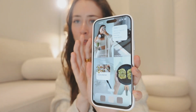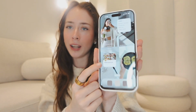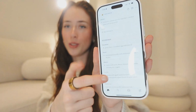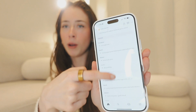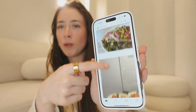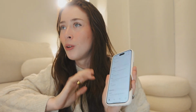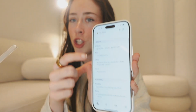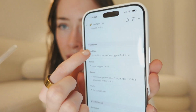It's super cute. It really goes with the theme. So I have a meal planner template in Notion, and if I press it, it just goes right into it. So here I plan literally all of my meals, and you can also do a grocery list. You have some inspo pictures for food. I like to plan every single thing in my life, and I feel like especially planning my meals really helps. Having to cook every single meal for yourself can be really overwhelming, and especially making sure they're all really healthy. But if I'm ever unsure of what I'm gonna eat, I just go into this template and check,